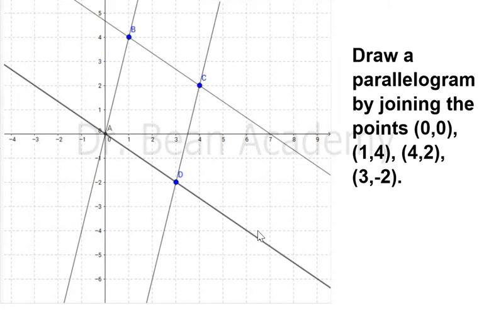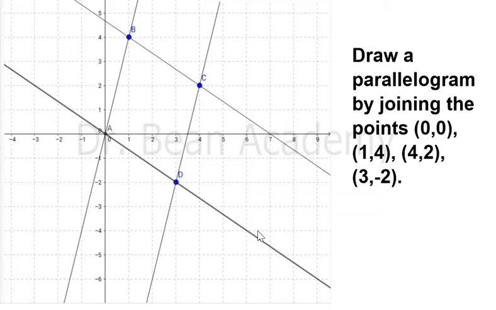You can join them in any order you want, but join them in a series. So if you start from A, then go to B, C, D, and then you will arrive at the initial point. So can you tell me if A, B, C, D, this shape, is it really a parallelogram or not?